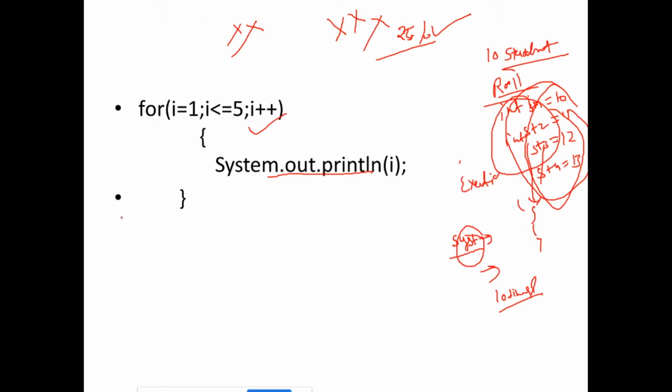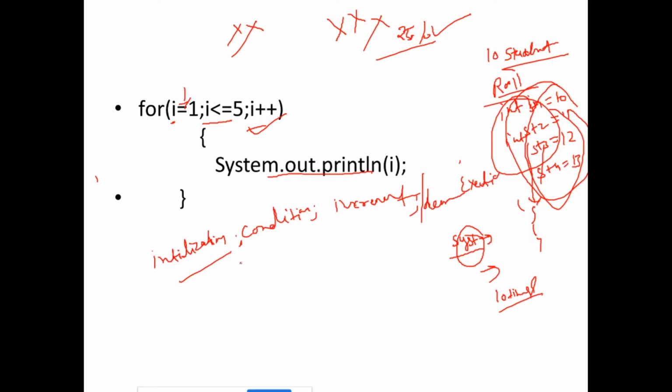So the syntax is that first will be the initialization part. Initialization, right? So here the value gets initialized, i is equal to 1. Whenever you are providing a value to a variable, that means initialization. This is the condition part. If i is less than or equal to, this is the condition. So after that it comes to the condition, and then it comes to this increment or decrement part, right? So this is the syntax of the for loop.